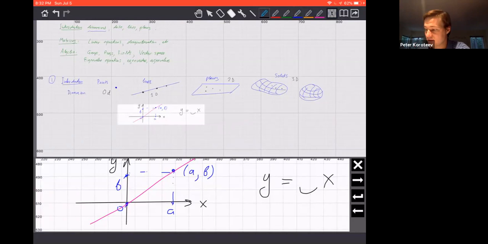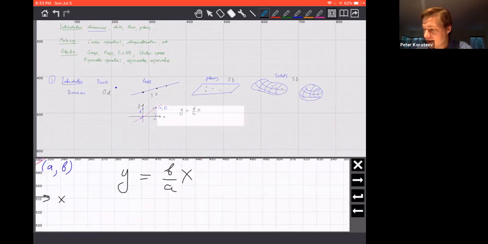B over a, yeah, that's right. Of course, it's b over a. It's the tangent of that angle, which in this case is b over a. Okay, good. And of course, we can find the equation for any line in the coordinate plane. Now, we say that the line is one-dimensional. What does it represent? For every value of x here